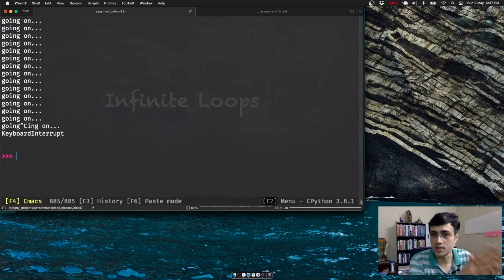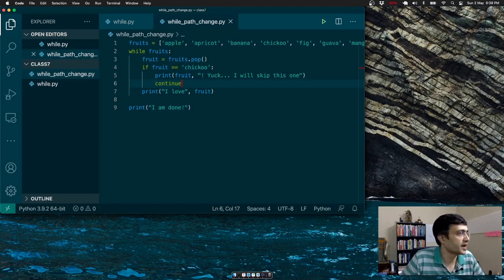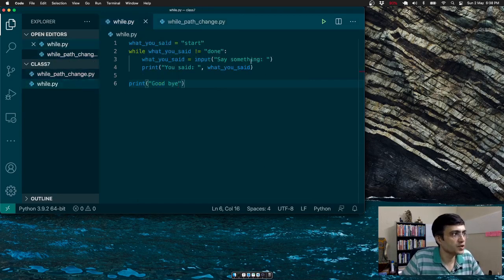It's the only way to stop this particular infinite loop, right? Obviously I can use other ways too. The other way obviously is to use a break. Now I'm going to look at this other code which I had earlier with a while loop. This one was looking for "done" here, and I'm going to rewrite this. I'm going to use an infinite loop because potentially this is somebody who wants to just repeat what you're saying all the time, right? So that's what this is, a repeater. It will just repeat till you say done.